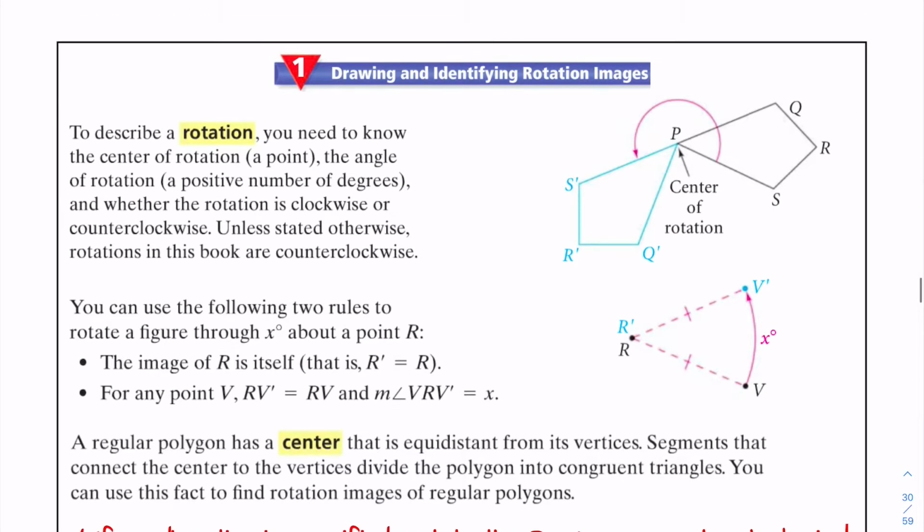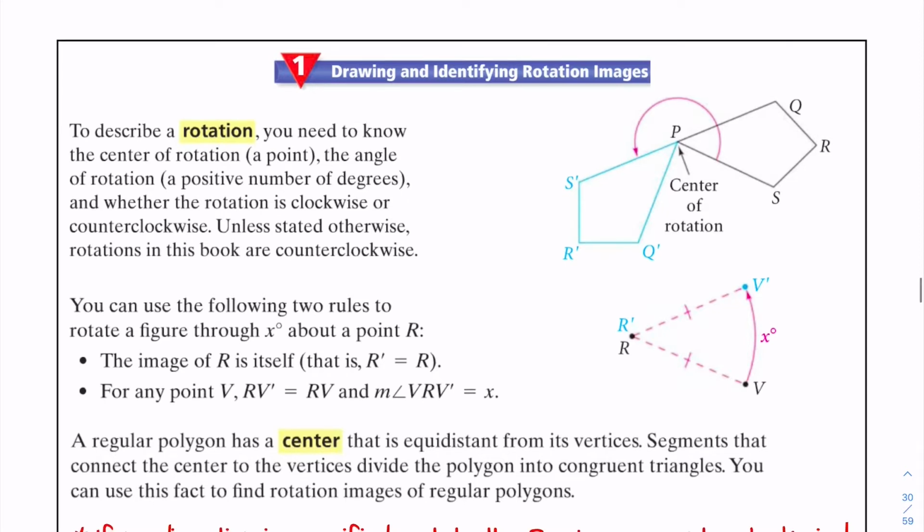If you take a look here, this is a quadrilateral PQRS. And this quadrilateral has a center of rotation right here. And what that means is it's fixed on that location or it's spinning equidistantly around that location. And so what you notice here is if I were to draw a circle and I were to make this larger and I were to center it, you would see that all of these vertices